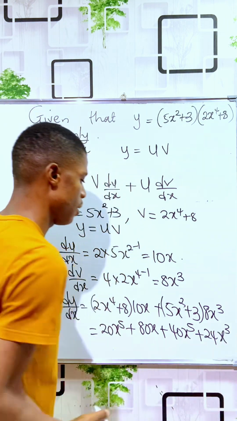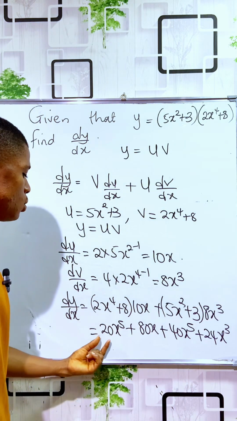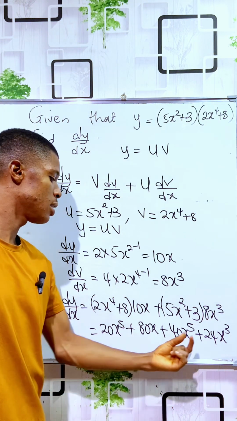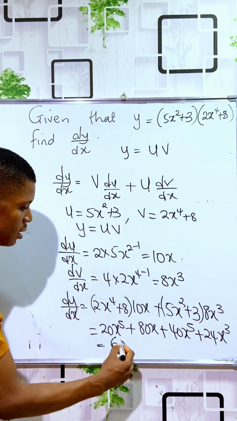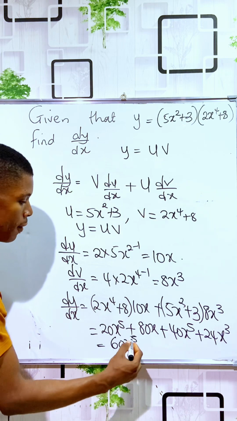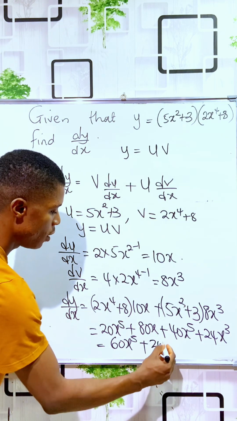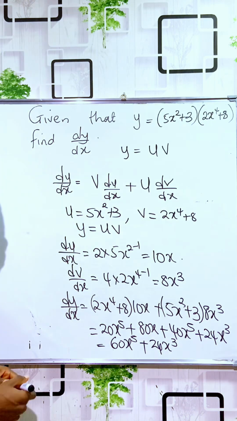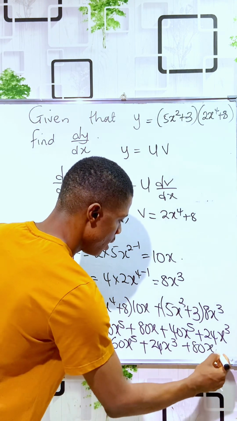8x power 3 times 3x will give you plus 24x power 4. On simplifying, you see that we have two common terms, 20x power 5 plus 40x power 5. It will give us what? 60x power 5, plus the next one, 24x power 4. Okay, then plus 80x. And that is